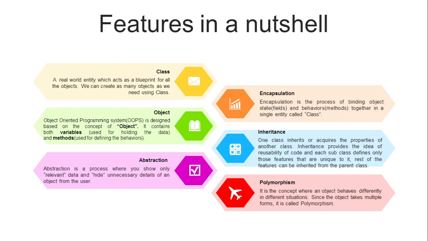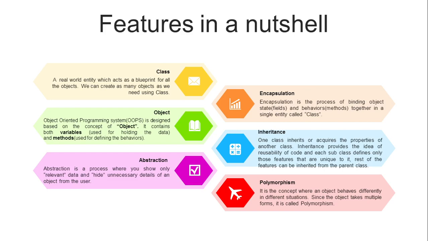Next, the fifth feature of an object-oriented programming language is inheritance. As inheritance happens in the real world, a parent gives his property to his son or daughter. So a child gets the inherited property from its parent, correct? This is an example of real-world inheritance. We inherit many things from our parents, even the features, the characters, and the way we talk. So the same thing happens in an object-oriented programming language like Java.